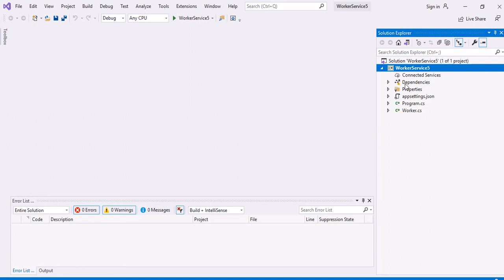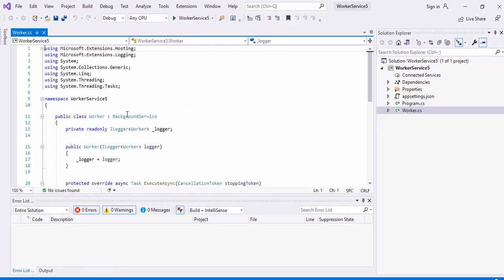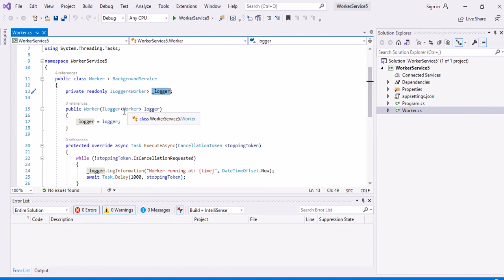So now it is trying to restore all the dependencies for our background service. Basically, the worker service is a background service and it has a class called worker. This class is derived from a background service, and there is a logger already available in this background service, which is already injected into the constructor, but this has a bare minimum capability. So we have to extend the capability of this particular logger. Okay, we'll do that.